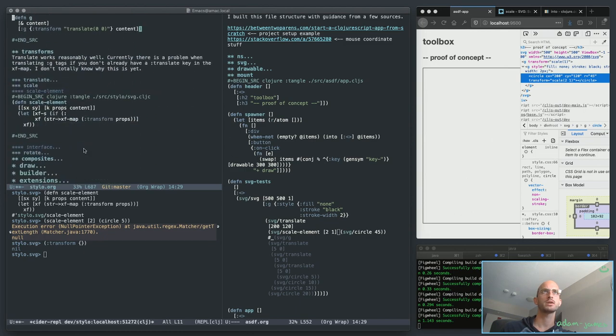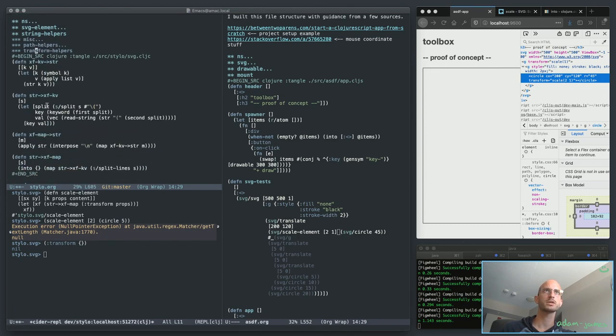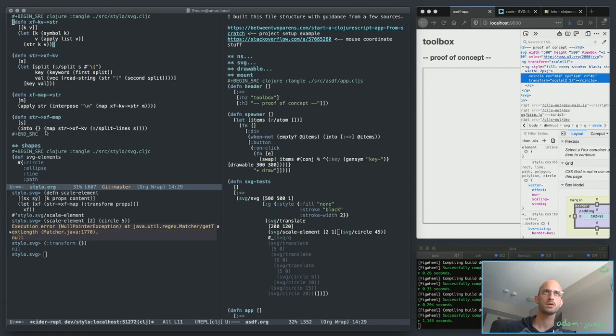Maybe I should make that have something to it. String helpers, transform helpers. String to transform map here is what happens if I do into map nil, it should be an empty thing. If I do s split lines of nil, that's where I get a problem. Okay. Here I should just have,